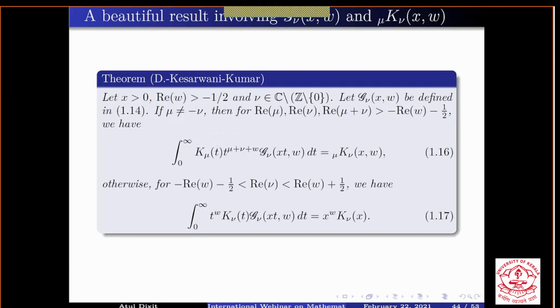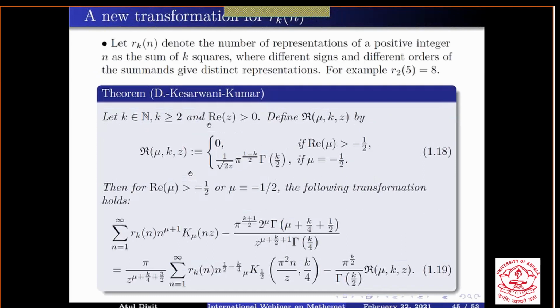This function, when integrated against this Watson kernel, gives you this function that enabled us to define our generalized modified Bessel function. In fact, that was it. And when you put mu equal to minus mu, it gives you a nice self-reciprocal function. t to the w K_nu of t, when integrated against this Watson kernel, gives you again x to the w K_nu of x. So it's self-reciprocal. An application of this result, when nu is half, is for obtaining this transformation involving